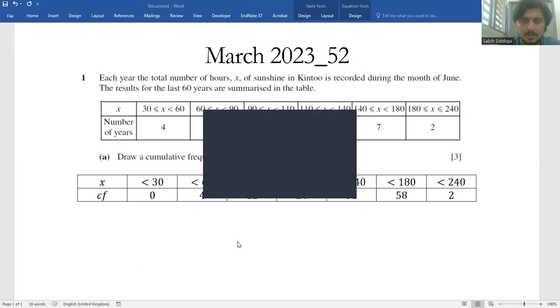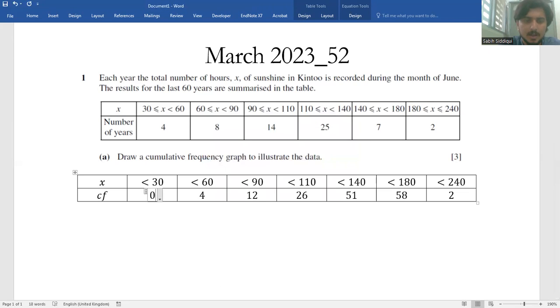I use an Excel sheet to make a graph out of this. You have the graph paper with you. You can easily do that on your graph. So I have 30, 0, x-axis we have the value of x, and on y we have the cumulative frequency. So I have 30, I have 0, and I have 60, I have 4, and 90, 110, 10,